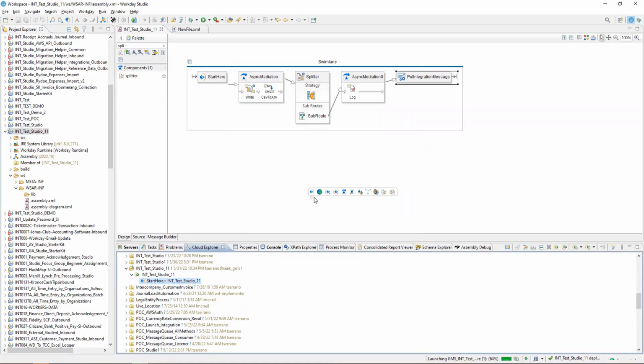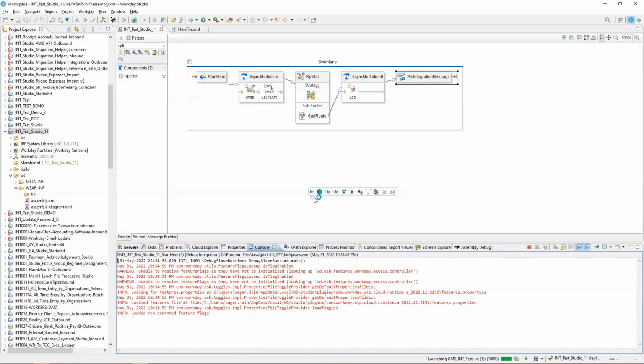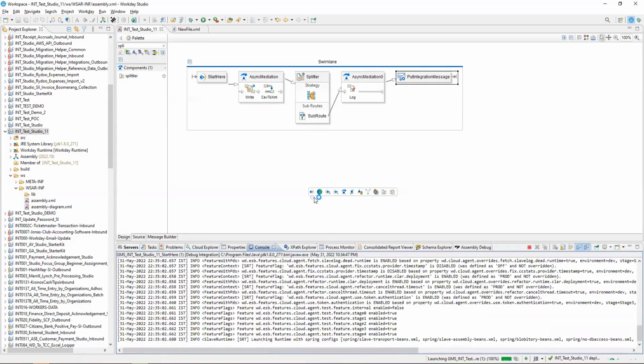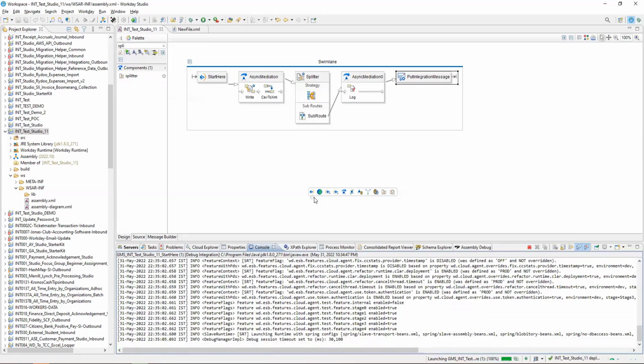Now what I will do is, I will not do a step over. I will do resume. Okay, so you'll see after right, it will go directly to splitter. But what I hate is it takes time, and I don't have that patience. That's why I don't use it much.